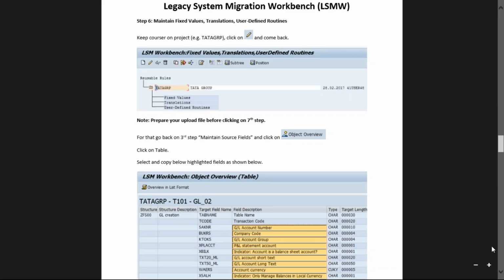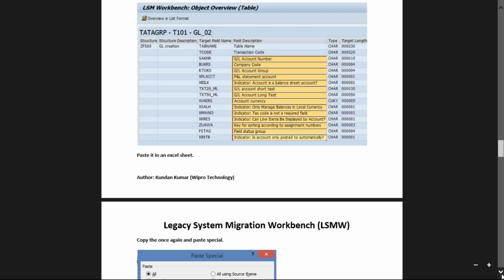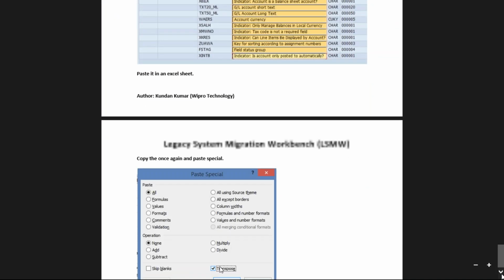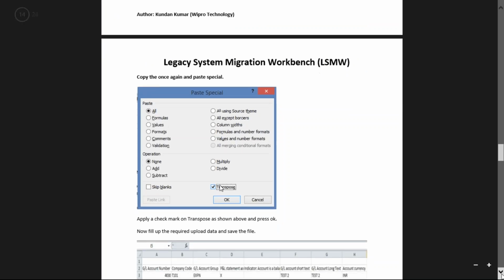I'll tell you guys here, and copy this one. Okay,